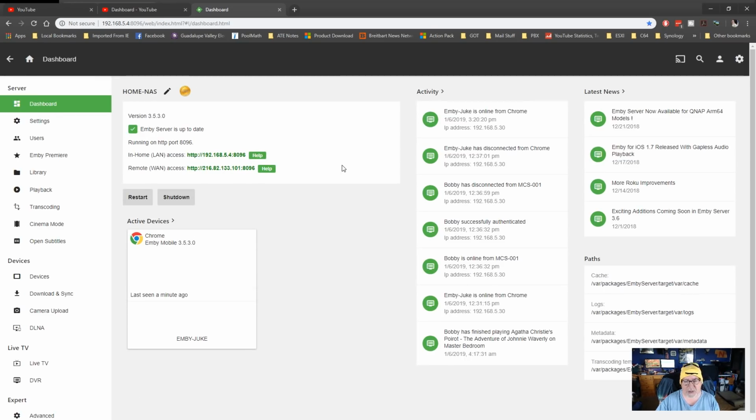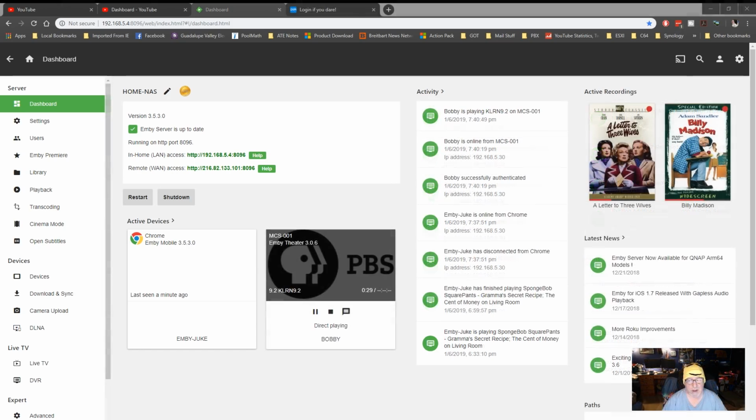So the other nice thing about this dashboard is if somebody starts playing a video or you start recording something, you will have information pop up on the screen. This will give you a little bit better understanding of how the dashboard functions when you have actual stuff going on in Emby. So right now you can see that it's recording two different shows, one A Letter to Three Wives and the other Billy Madison. And if you look down here, I'm direct playing a video on Emby Theater on my machine,